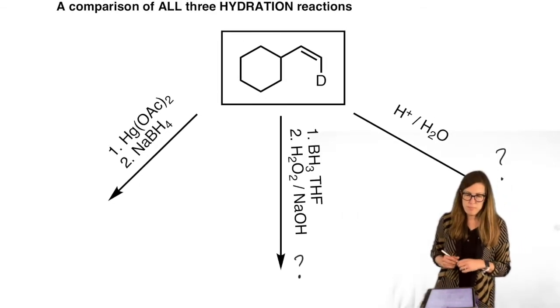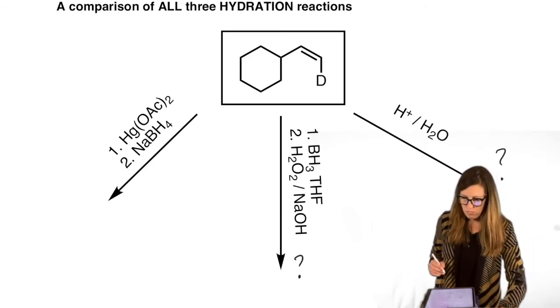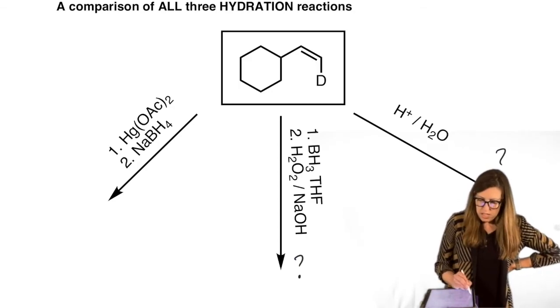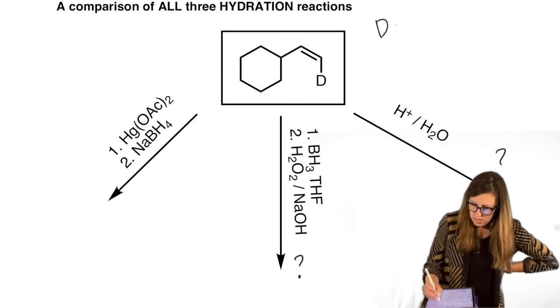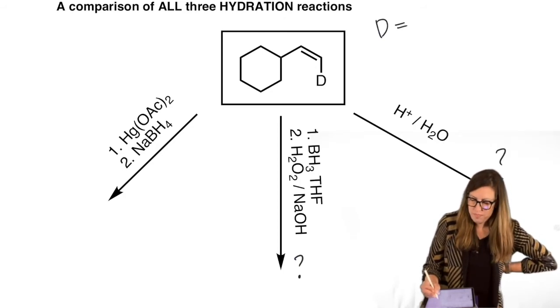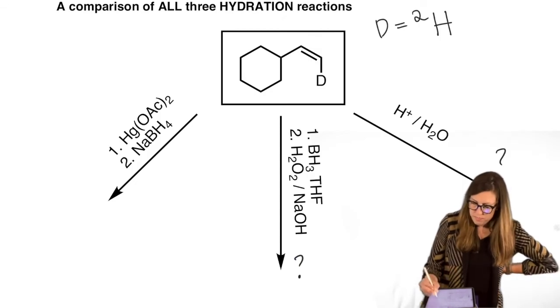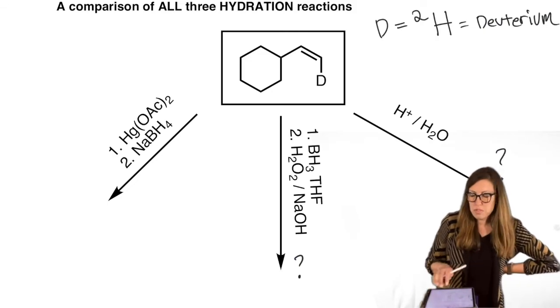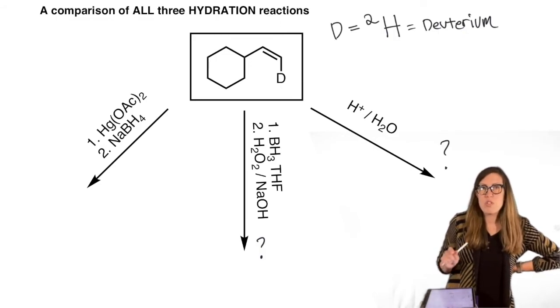I want you to try this one. In order to try it, I'm going to give you a little head start. D is going to come up a lot in the future. What is D? D is sometimes called heavy hydrogen. It's the hydrogen isotope that's 2 AMU. So deuterium. It has its own symbol, D, and it's used for labeling purposes, tracking. So sometimes we're not writing out the mechanism every single time, but we're tracking it with the D.